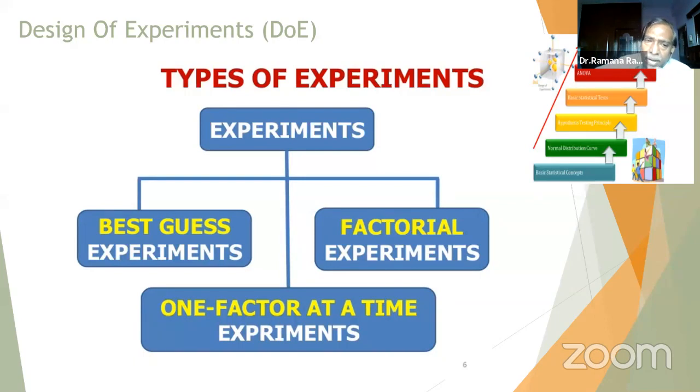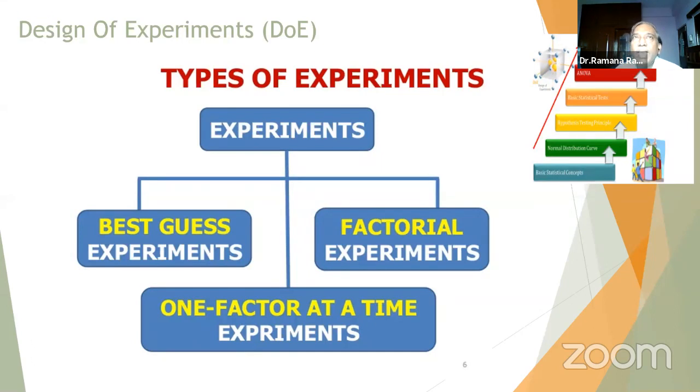In the good olden days, when you produced your software, the person who developed it would pick a best case, that these set of test cases are best suited for this module, and then test it. But it may be best or may not be best, or as we move, it may change. So that is not always in our favor. Then they moved on to another type of experiment called one factor at a time.